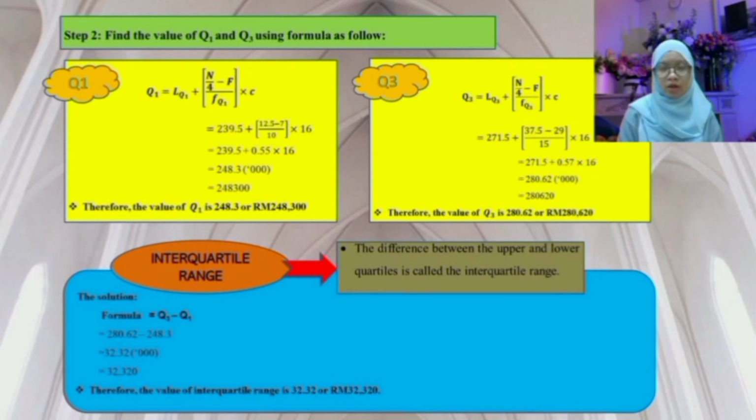Step 2, find the value of Q1 and Q3 using the formula. So we get RM248,300 for Q1, while Q3 was RM280,620. After we get Q1 and Q3, we must find the interquartile range. The difference between the upper and lower quartile is called the interquartile range. So the formula is Q3 minus Q1. So we get 280.62 minus 248.3, which is 32.32. Therefore the value of the interquartile range is